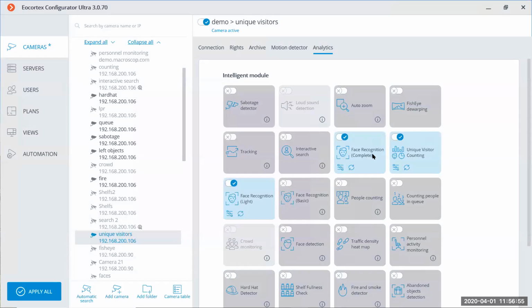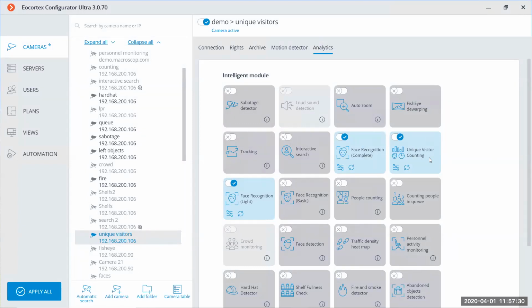If we're speaking about the complete and unique visitor counting, these modules are working with the GPU. They have more advantages. You have seen that the accuracy is pretty high, and there is a search function for facial recognition complete. And unique visitor counting is not a facial recognition module, it's more for statistics, but it has the same engine as the complete module.